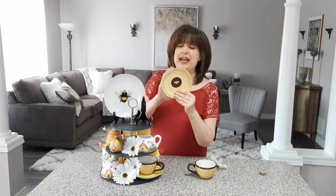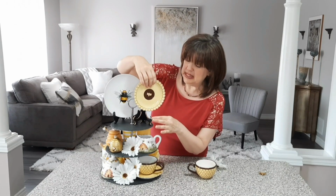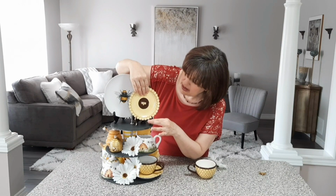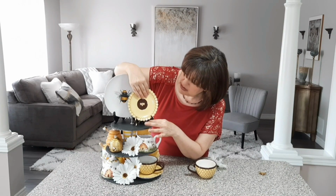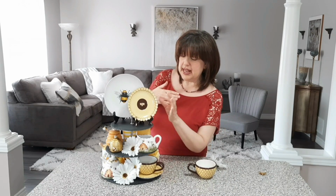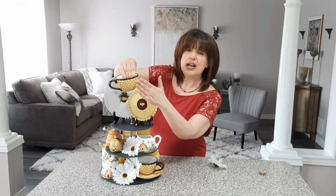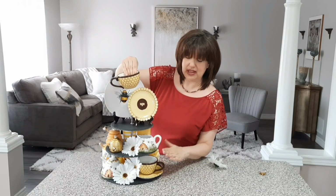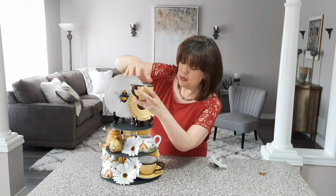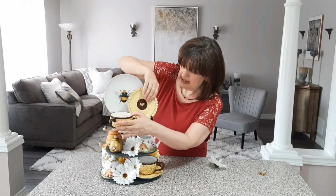I'm going to use that second saucer I have that has the brown bee on it. I'll place this here. And it matches really nicely with the cup and saucer here. Normally what I do is I try to work in diagonals. So I wouldn't normally have this here because it is matching this. However, I'm going to put the cup on the other side, and the cup will be diagonal from this set here. So it still works out. I'm still sort of following that rule. And I'm going to place this in here,